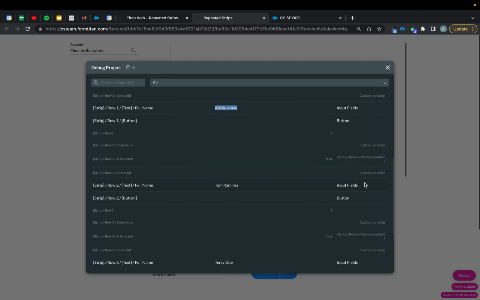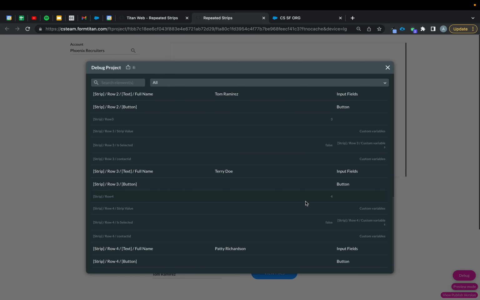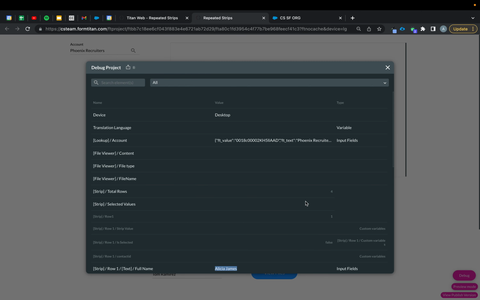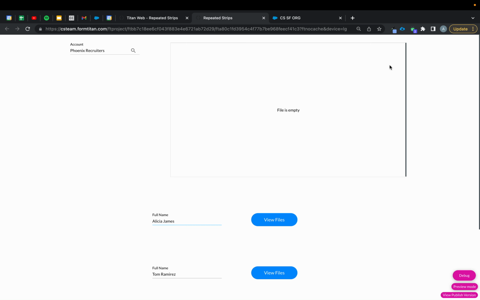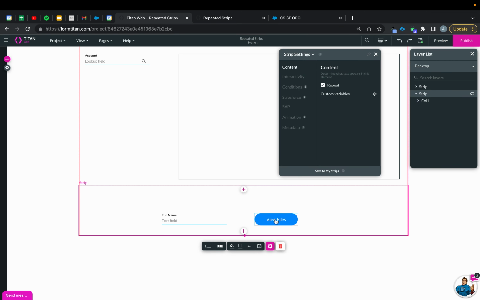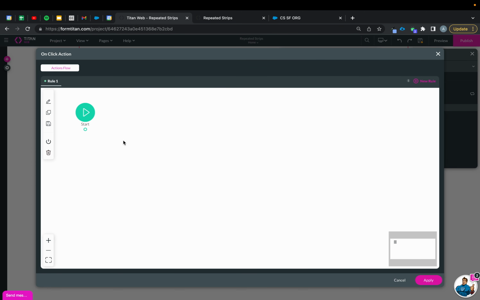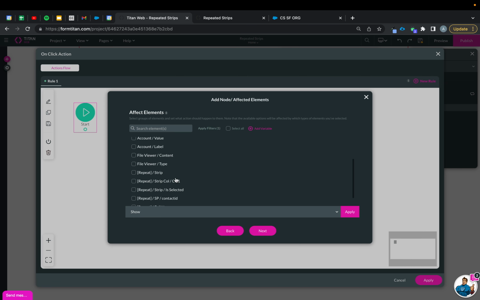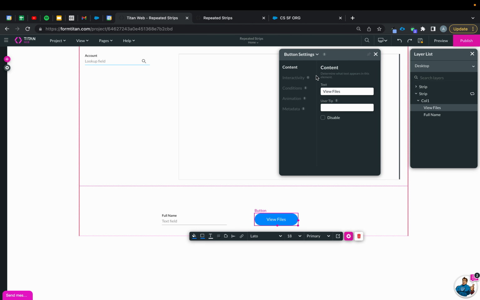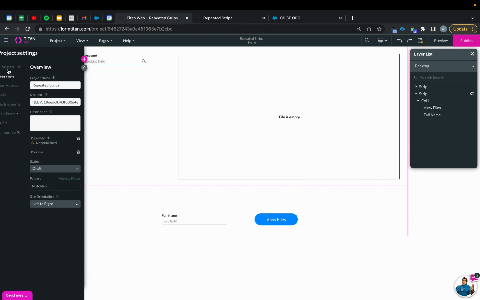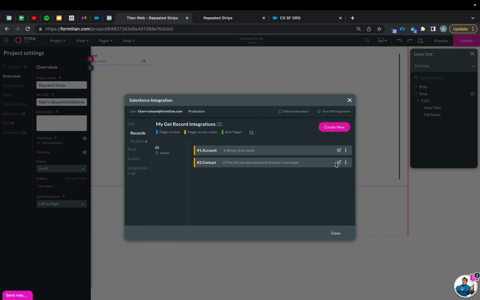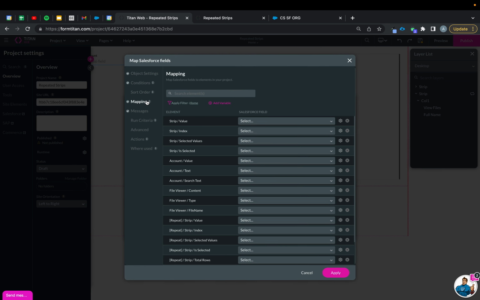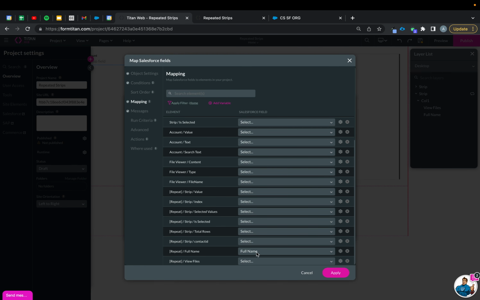Now what I want is the custom variable to be populated upon a click of a button. That's what I want. So first thing we're going to do is we're going to click on this button here, and we're going to do affect elements. In fact, we're not going to do that. We're going to go to the get, and we're going to do it there because it's actually a quick way of doing it. So if I go into the mapping, I know I'm already bringing full name,